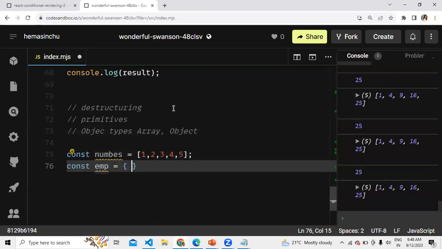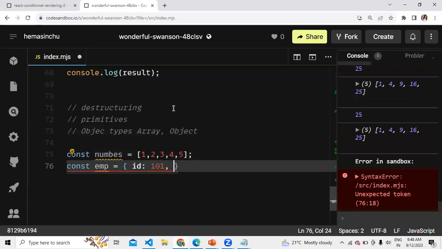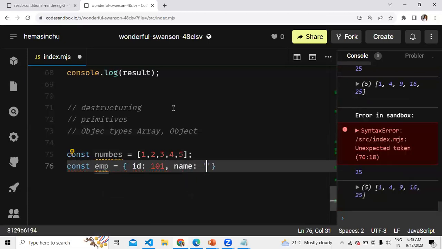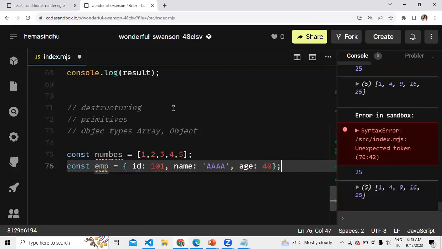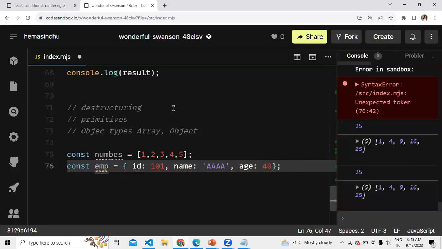The employee has an ID, 101, a name, let's say AAA, and an age, some number. Apart from primitives, these are called structures.